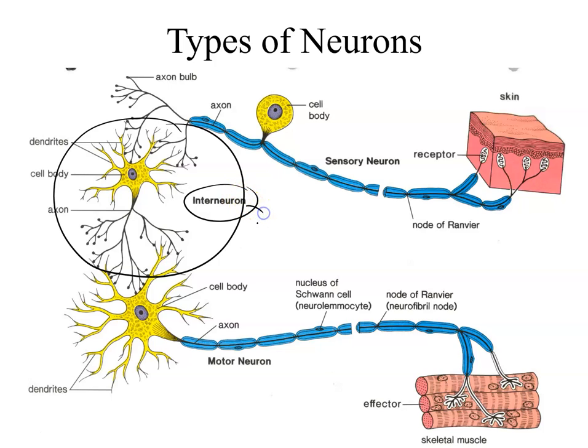That tells me this sensory neuron is outside the CNS, while the interneuron must be within the CNS. And of course, the motor neuron is outside the CNS as well because it carries information to a skeletal muscle, gland, or organ. So if you'll take a moment and flip on over to page 93 with me, you'll notice